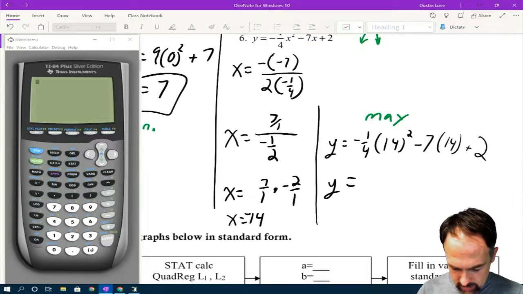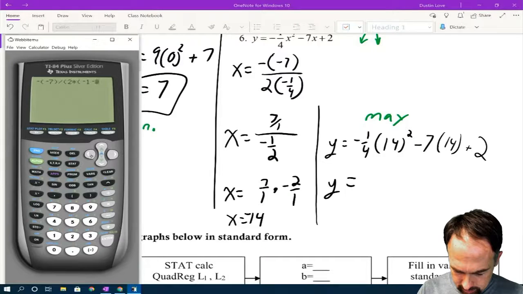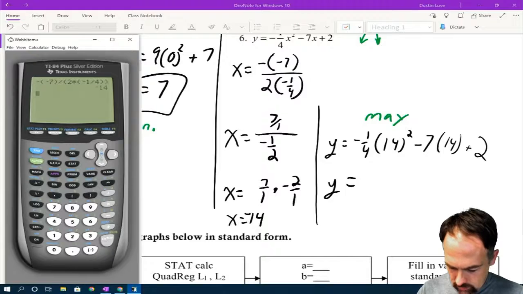Just to make sure we did that right, 2 times negative 7 divided by 2 times negative 1/4. Negative 14, that's good. Now negative 1/4 times 14 squared minus 7 times 14 plus 2